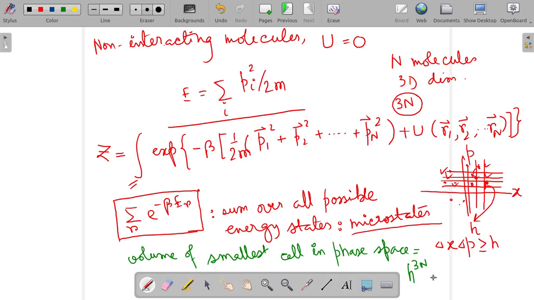Degrees of freedom is 3n, so volume of smallest cell in phase space has to be h to the power 3n. লক্ষণীয় যে it should not be h to the power 6n, ঠিক আছে, কেননা ডেল্টা এক্স ডেল্টা পির প্রোডাক্টটা কিন্তু h, ক্লিয়ার? সেই জন্য এটা h to the power 3n, 6n কিন্তু নয়।